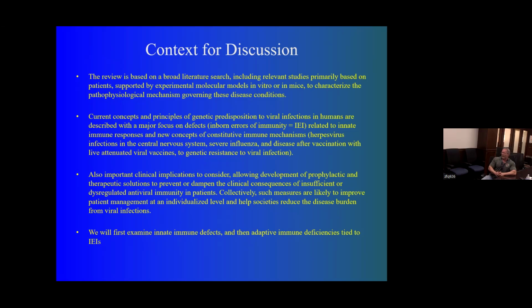So we're going to look at these inborn errors of immunity within the context of both the innate immune response and then the adaptive immune response. If you're not sure what those are, I'd like to refer you back to short course session 1, where we did a brief introduction into the immune system, and we talked about innate and adaptive immune responses. So if you're not sure what we're talking about when we say innate and adaptive immunity, please go back and refer to short course session 1, which covers some basics of the immune response.